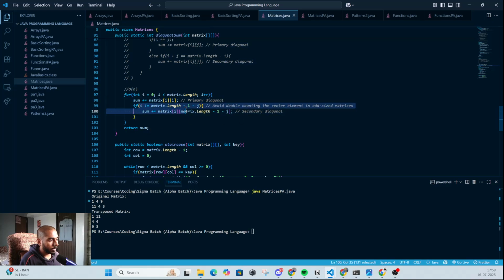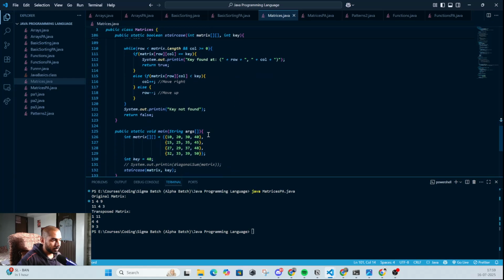So we are just avoiding that case, if both are equal in the secondary diagonal, which will only be the middle element. So in the secondary diagonal, when we traverse like that, the middle element will be where this i and j are equal. So we have excluded that. And anyways,